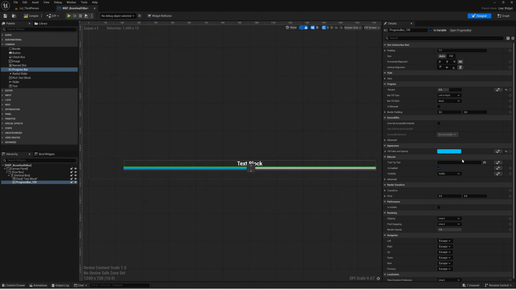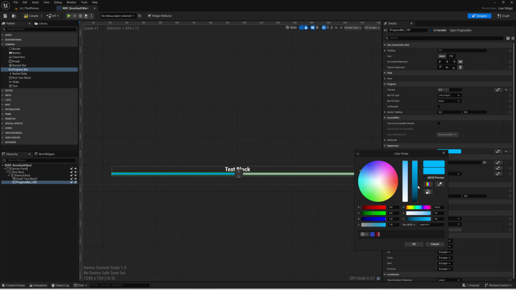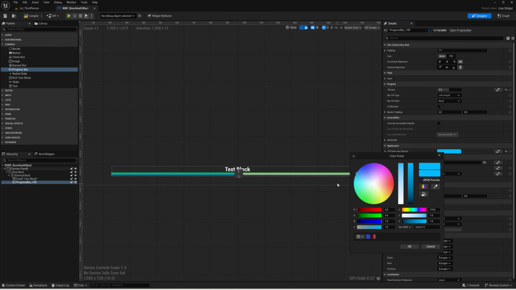Now I'm thinking for the boss, we should have a dark red background with a lighter red going across it, lighter red for the actual health, and then the dark red just for the background of the health bar. So I'll change this fill color and opacity. So this is under appearance. Be very careful to get these the right way around. The appearance one is the fill color. This is what is going to show the filling,